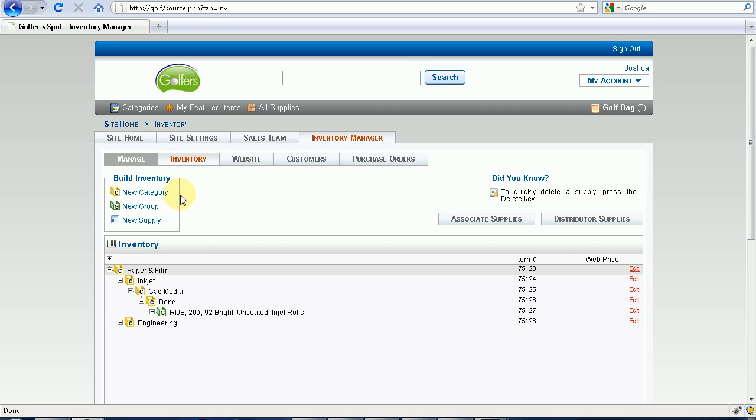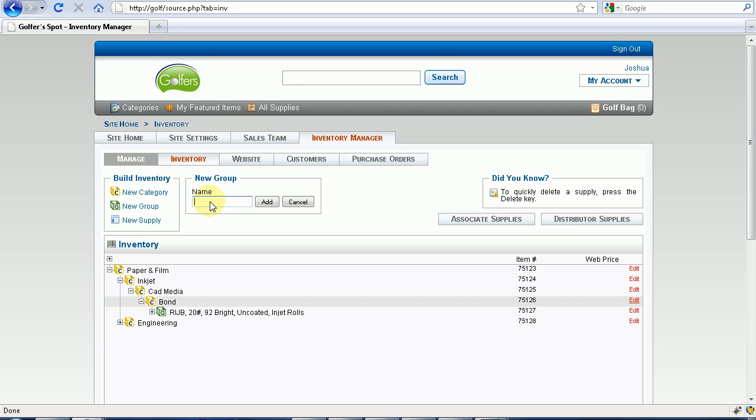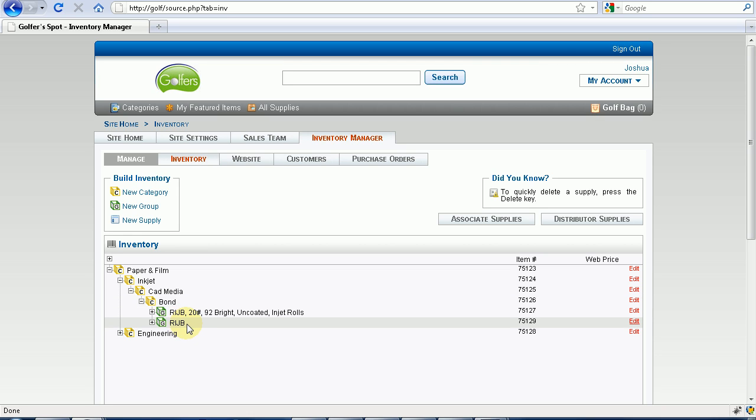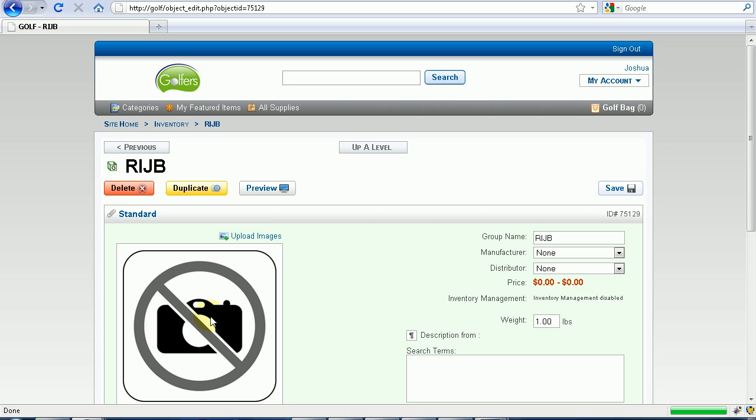We will next create a group of 20-pound bond paper under the category Bond. To do this, just highlight the category Bond first and then select the New Group option to add it. You now have the group created. To edit the group and add supplies to it, just double-click the group name, the highlighted bar, or the Edit key to the far right of the group name. When you do this, you will be editing the